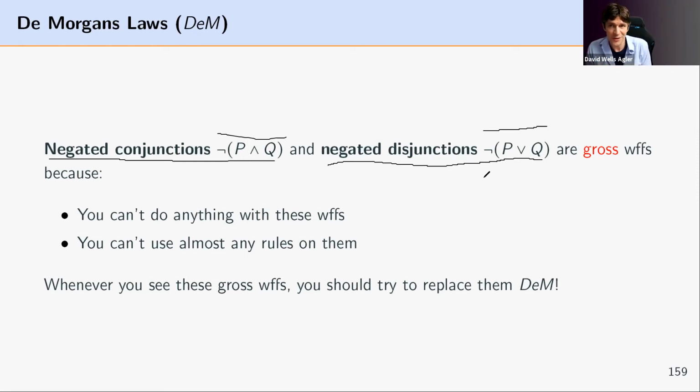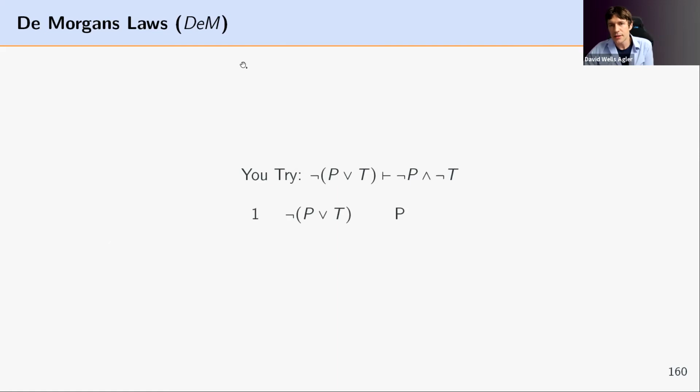So the thing you should think about is if you have these gross formulas, and that's kind of weird to say that there are gross formulas, but if you have those gross formulas, one thing that you can do is remove that grossness by applying DeMorgan's laws to it. So as soon as you see these formulas, I think it's an effective step in a proof to apply DeMorgan's laws immediately, and then you can do something with the resulting formula. Okay, so let's try a couple